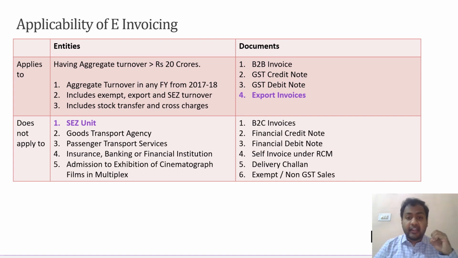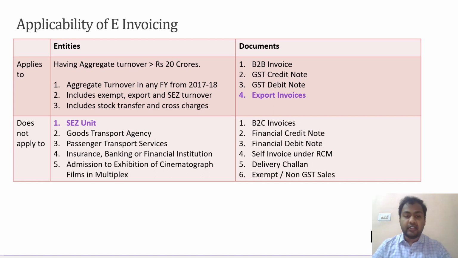But the entity which is not liable for e-invoicing is an SEZ unit. Please be careful here. There are two types of SEZs: SEZ developers and SEZ units. SEZ developers having a turnover of more than 100 crores are required to generate the invoice electronically, but SEZ units, even though their turnover is more than 100 crores, are not required to generate the invoices electronically. Now we are talking from the supply side. What if my customer is an SEZ unit? If my customer is an SEZ unit, I will have to generate an e-invoice if my turnover is more than 100 crores.